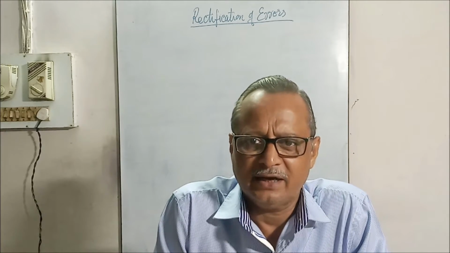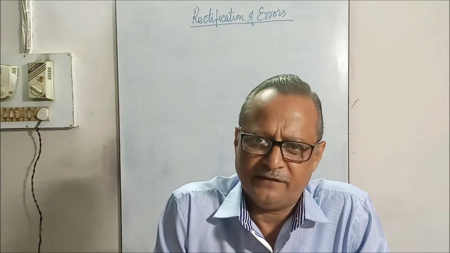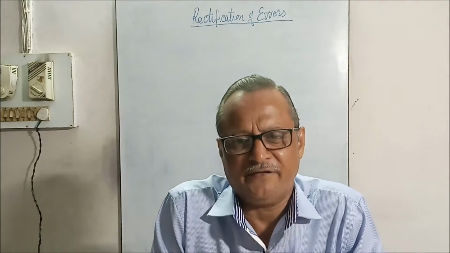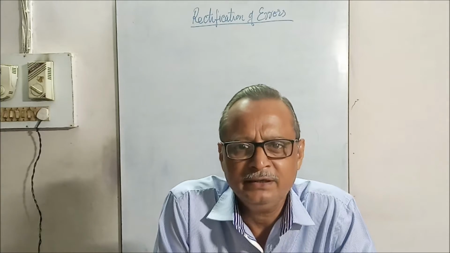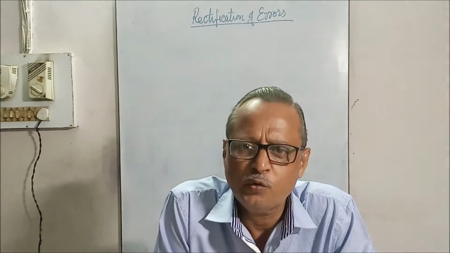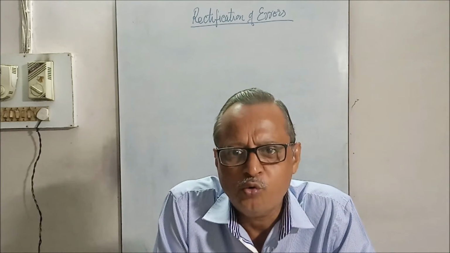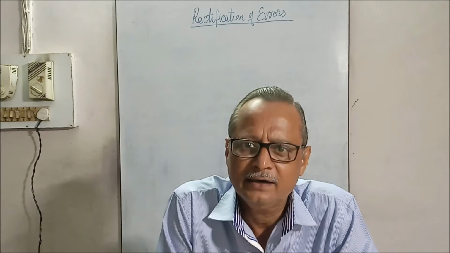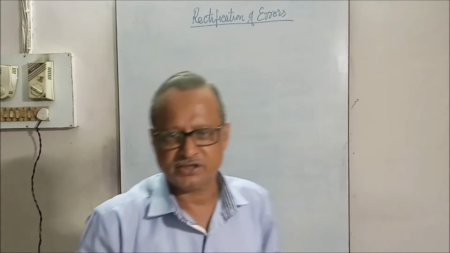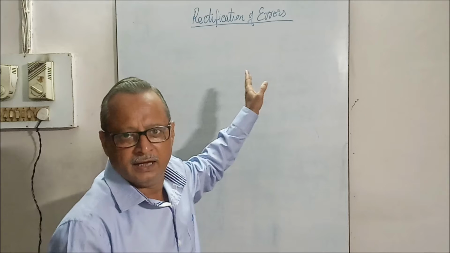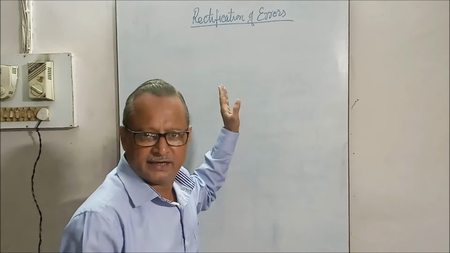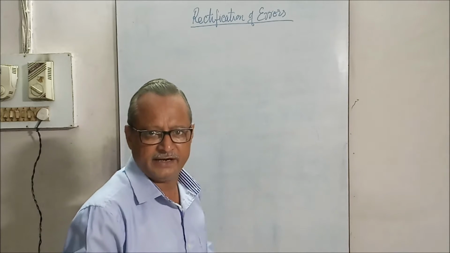That is, if an error is affecting the trial balance, then only one side will be affected. And if it is not affecting the trial balance, it means the errors have been committed on the two sides simultaneously, that is a double-sided error. So we will come to know how to identify the single-sided error and double-sided error on the basis of the nature or types of errors. See, this chart is given, I am giving you, and then you can easily locate which error is single-sided, which error is double-sided.